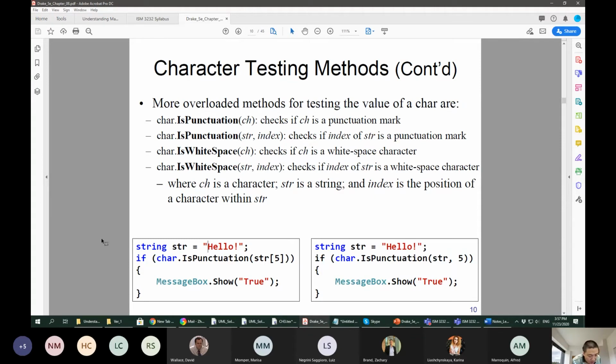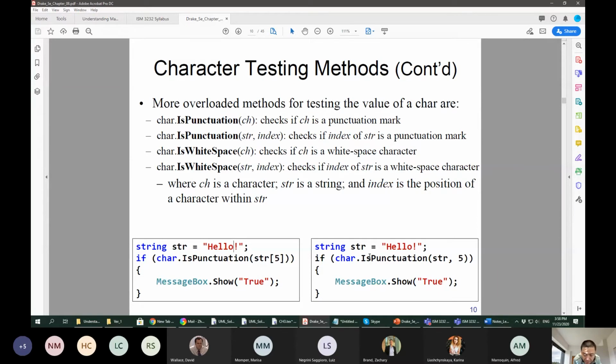We have number 0, capital H. Number 1, letter E. Number 2, letter L. Number 3, letter L. Number 4, letter O. Number 5 is a punctuation. So the index number 5 element, which is the 6th element in the string, is a punctuation, so we will see the